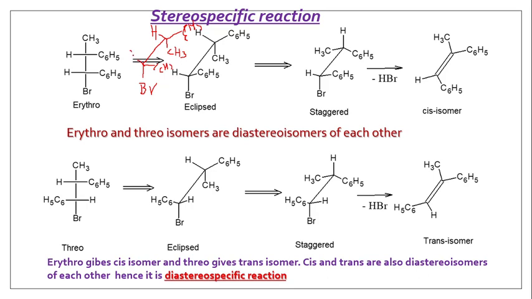Okay. Now we have to eliminate this bromine and this hydrogen. So simply we can rotate it through this angle over here. So hydrogen comes here, CH3 comes here, and C6H5 comes here. Alright. So when the elimination reaction takes place, this hydrogen is eliminated and this bromine is eliminated. Now the configuration will not change. Phenyl groups will remain on the same side of the double bond. So that's why the cis compound is formed. So erythro upon dehydrohalogenation or beta elimination gives the cis product.